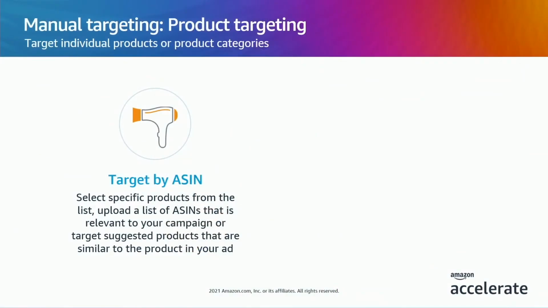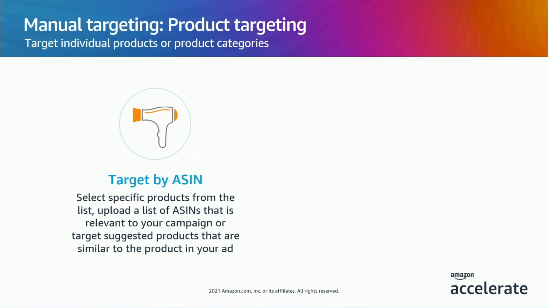This can help shoppers find your products when shopping for items on Amazon or browsing other product detail pages. With product targeting, you can target by ASIN to allow your ad to be shown to customers browsing specific products. In this case, when selecting your target, you'll be able to browse for specific ASINs from the list, upload a list of ASINs that's relevant to your campaign, or target products suggested by the system that are similar to the